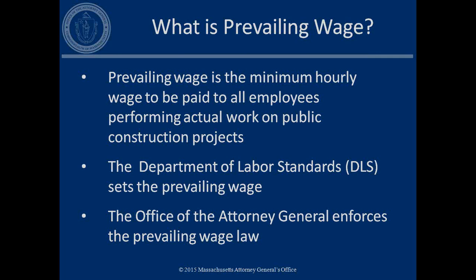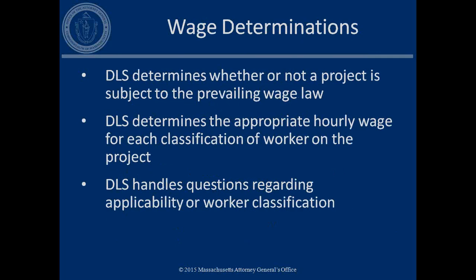I have a slide later on with the Department of Labor Standards website as well, along with the phone number that I think has already been listed. Wage determinations are made by the Department of Labor Standards. So the Department of Labor Standards determines whether a project is subject to prevailing wage. They also determine what is the appropriate hourly wage for each classification and what the work within each classification should be. So to give some example of that,